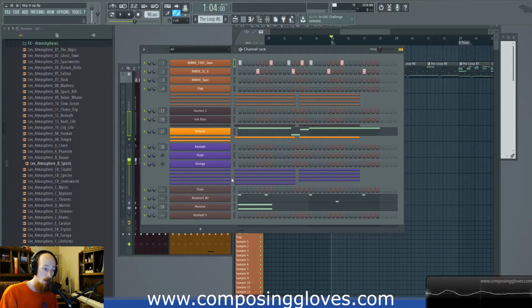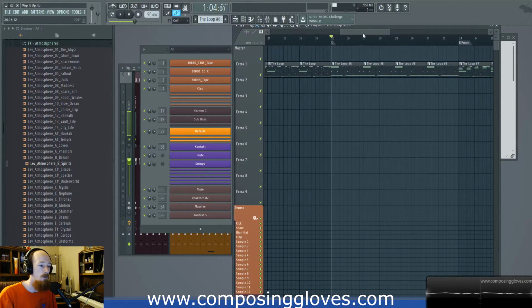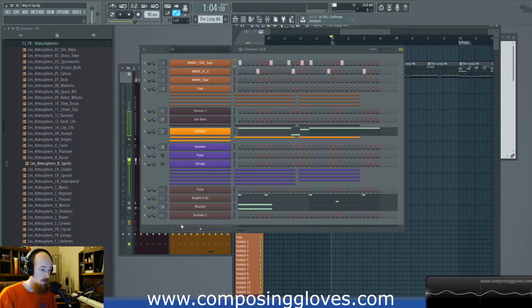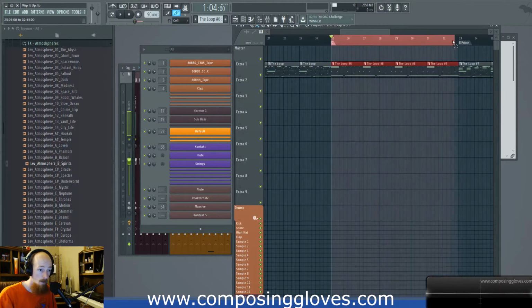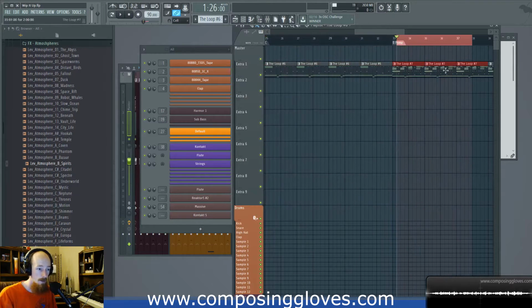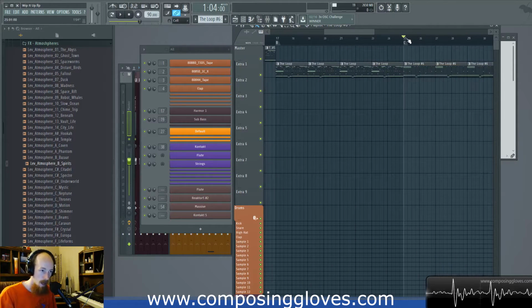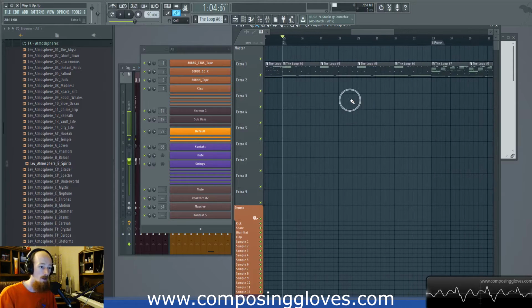That flute's been going on for a while, so it would be kind of nice to have that go away. And I might even, now that I have written this out, change the chords here. Maybe make this be something new and maybe develop that harmonic progression into this next section. Like you see, we're beginning to have our options become a little more clear and a little easier to work with.